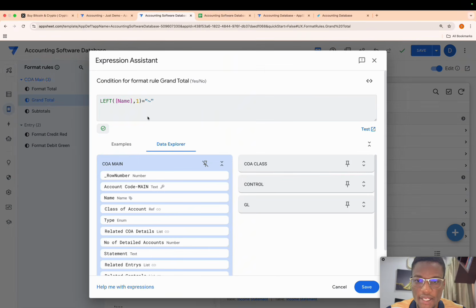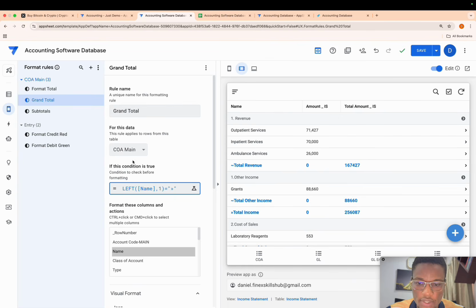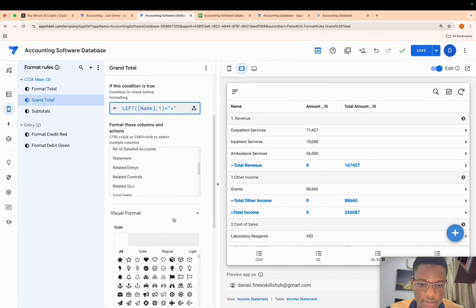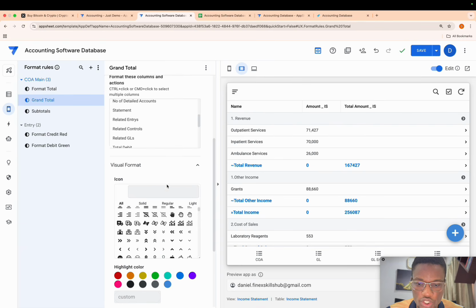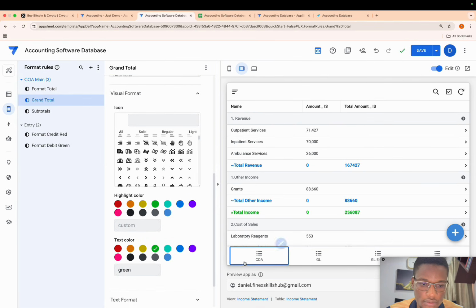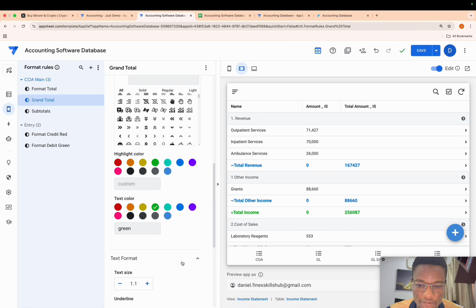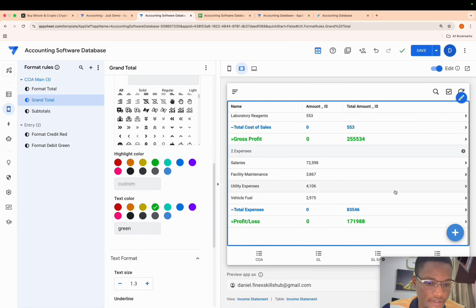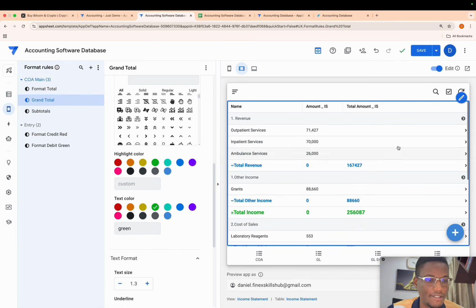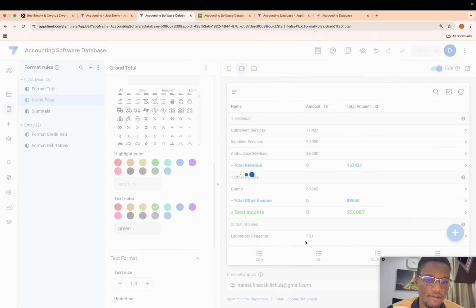This time around, the icon is going to be our famous grand total icon. See, it's already that way. And then we're going to change this to green, right? And I'm going to make it even bigger. Yeah. So we have something like this. Nicely done, right? Save.